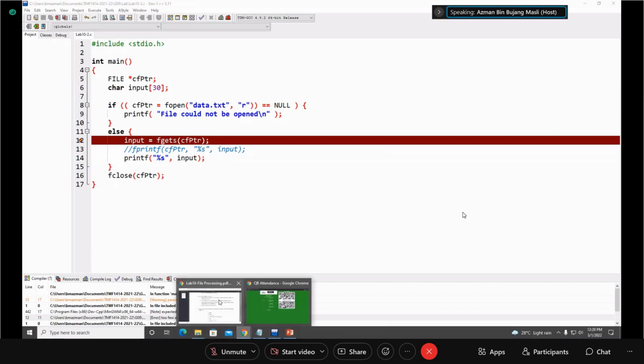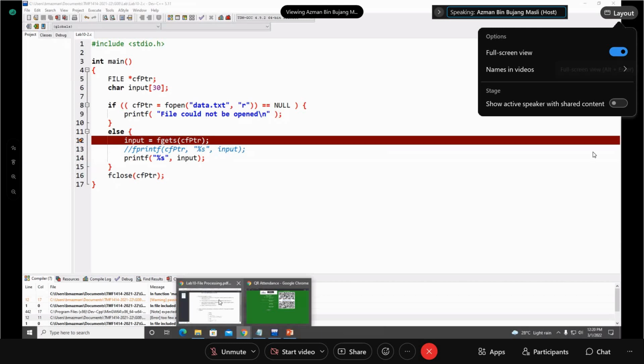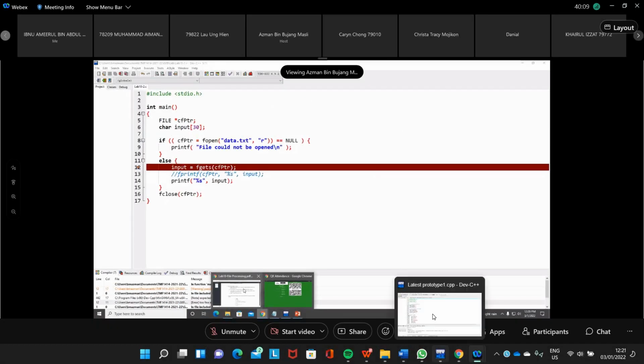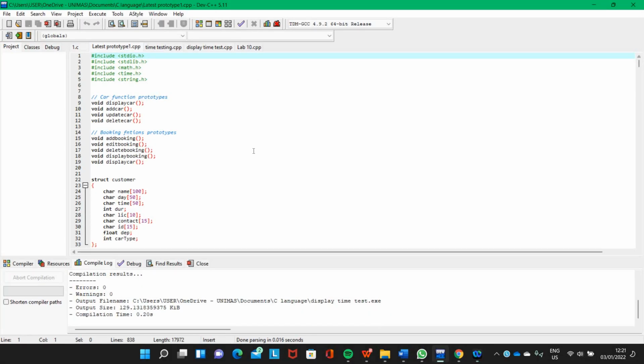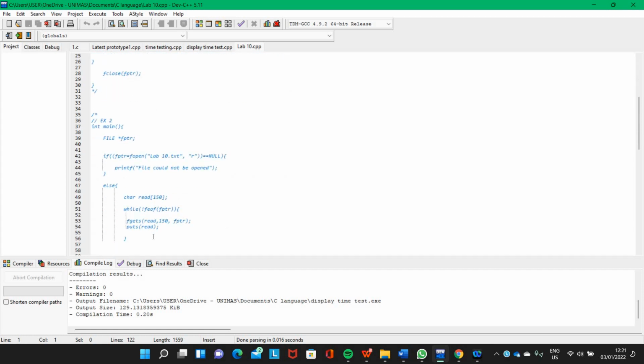How do you read a string from a file? gets. fgetc.